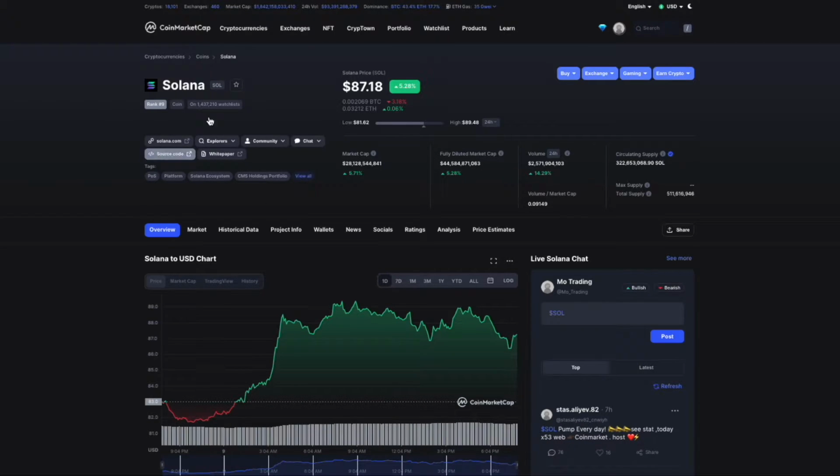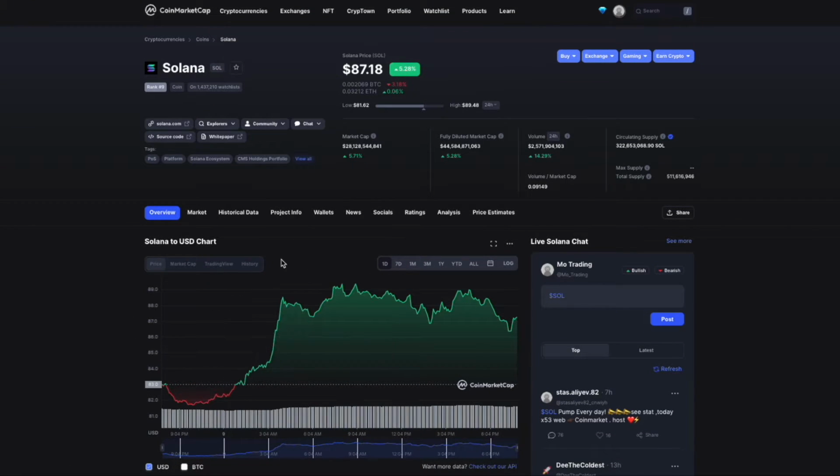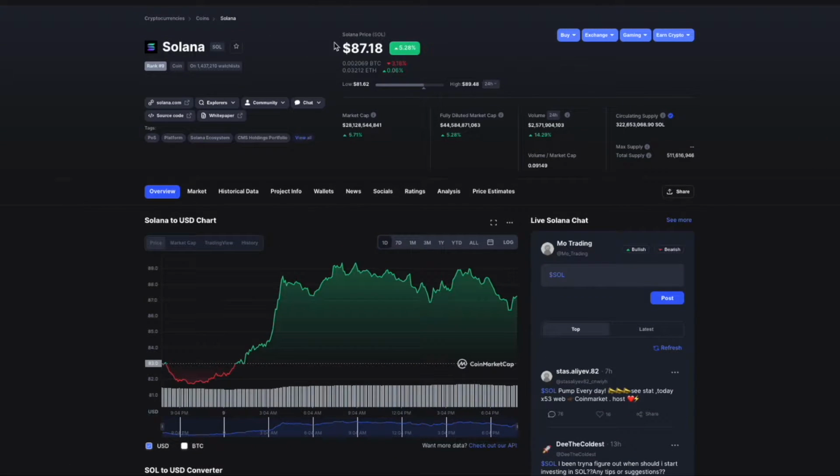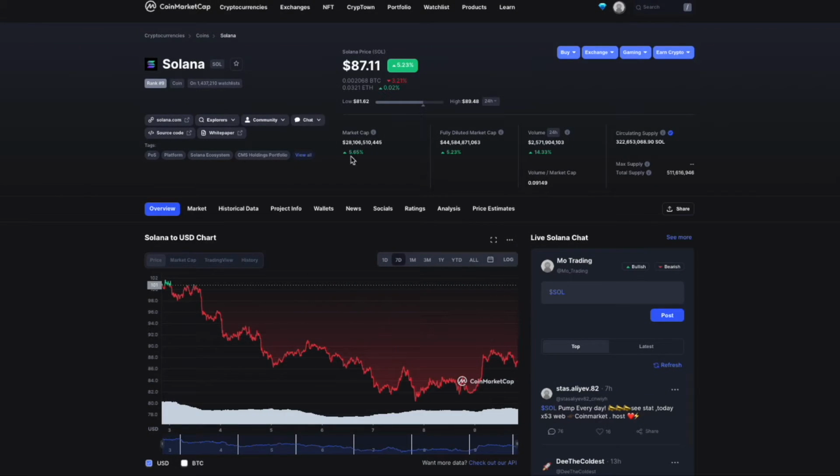So looking at Solana on CoinMarketCap, you can see that price is up 5.28%, roughly trading around $87.18. You can see here we did reach the highs of $89.4, and then at the start of the day we did reach the lows of $81. So it looks like price is looking bearish on this. On the 9th onwards, they just went parabolic, and yeah, it's looking good. We're taking out this liquidity, taking out this break, pretty much having a break of structure essentially, and having like